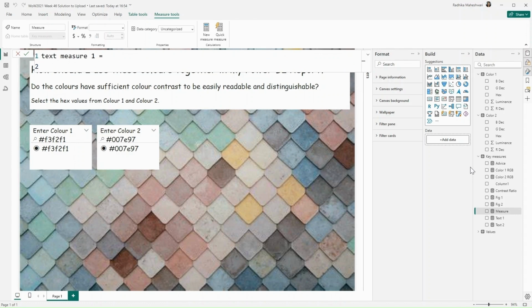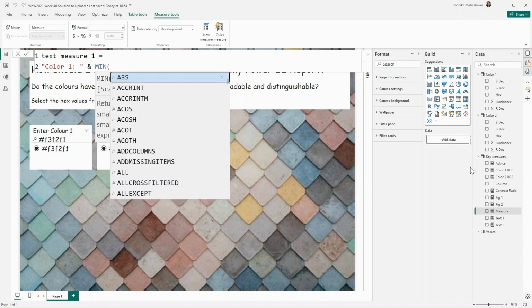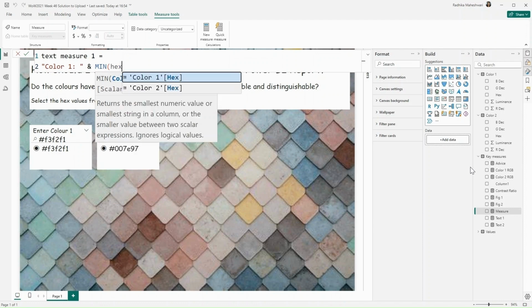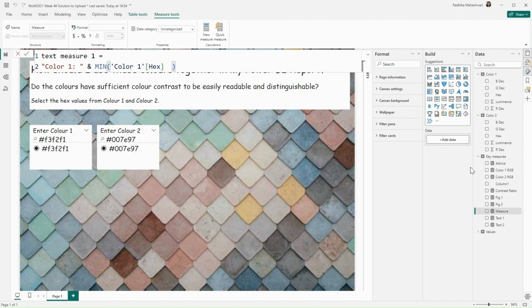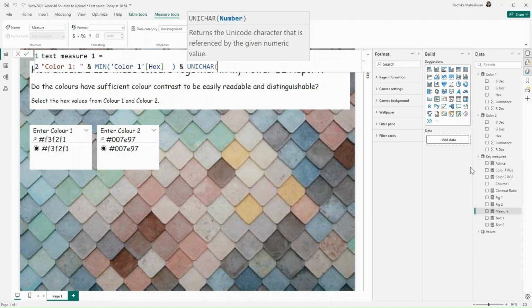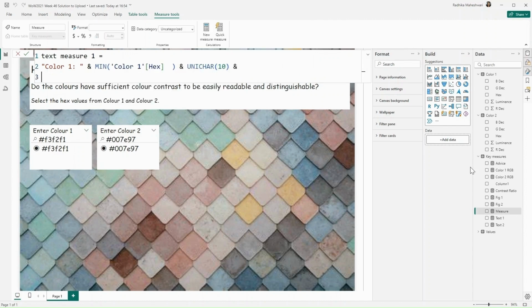So let me increase the size here. We want color 1. It's written like that. Then we want the color. So for that, I will concatenate this. So use ampersand and get the minimum of hex color 1. So this will be the hex code. Then again an ampersand, and we want to change the line. And to change line, we can use UNICHAR 10, and then I'll again ampersand it. Then we can just give it a space